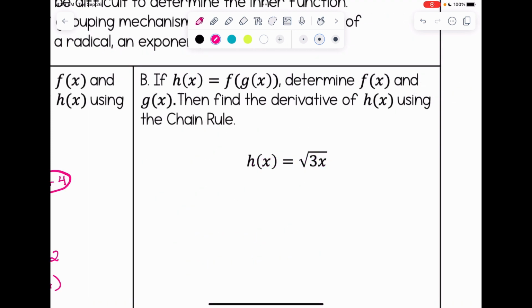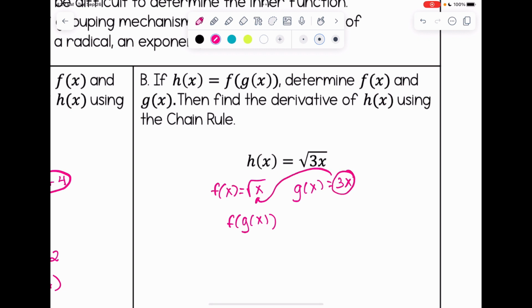Okay, for B, we're going to do the same exact thing, except our function is now different. h of x is the square root of 3x. So we can see that the inner function, what is inside the grouping mechanism, is 3x. So g of x is 3x. That means f of x is equal to radical x. And if I compose these functions just to check, I'd be taking 3x, plugging it in here,